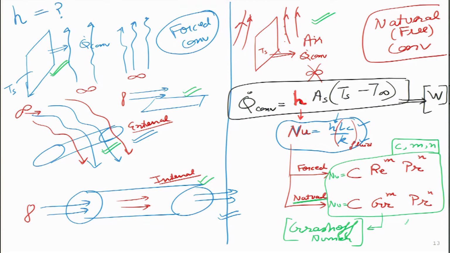So, those constant values will keep on changing. For the cylinder diameter it will be something else, and for a flat plate the correlation might be different. If the flow is laminar, then the C, M and N values will be slightly different. Once it becomes turbulent, the values change. But the physical expression is going to remain almost similar to what we have written over here.